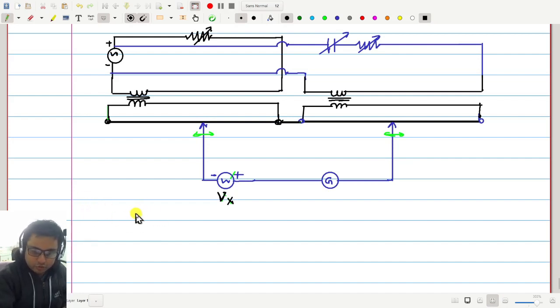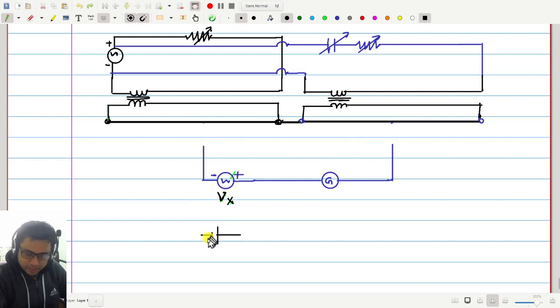So first we will do standardization. For standardization, I will again use a DC standard cell because there is no AC standard cell. First, I will standardize, say, this left potentiometer, then I can go for the right one. So for that, let me erase this unknown voltage. We will bring it back at the end in the measurement phase. So right now, let us disconnect this and connect it separately.